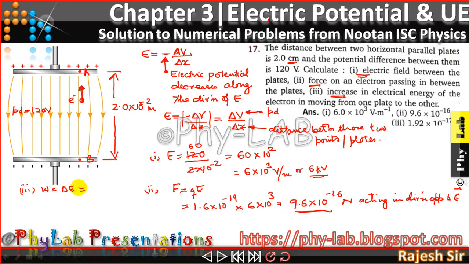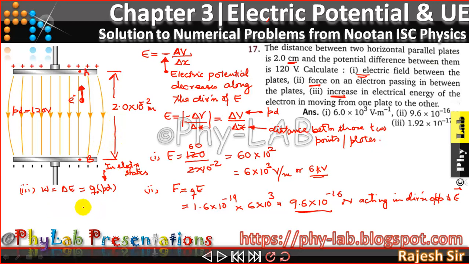So what is the change in the energy of the system? Now what will be the change in the energy of the system? That will become equal to the work done, and work done equals Q naught times PD. Remember, friends, I have told you a number of times that in electrostatics the formula for the work done happens to be Q naught times PD. This is the work done in electrostatics, and whenever you do any work, that work is going to get stored or converted from one form of energy to another form.